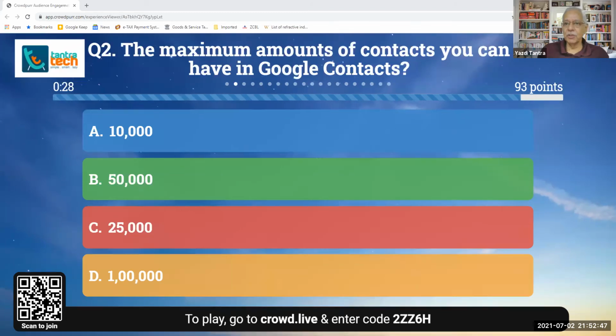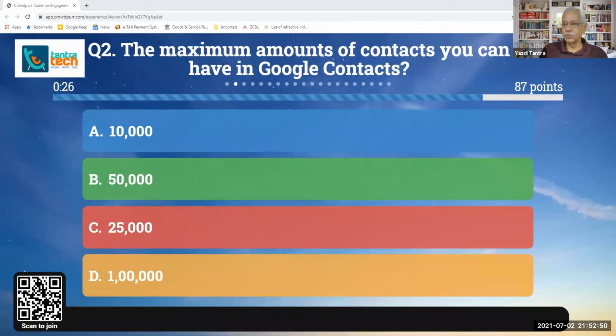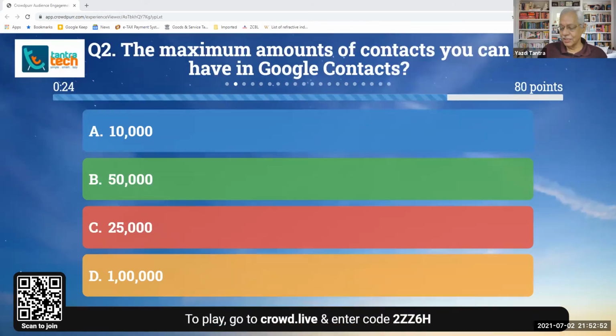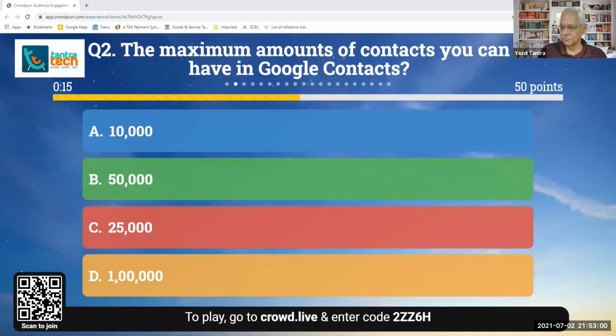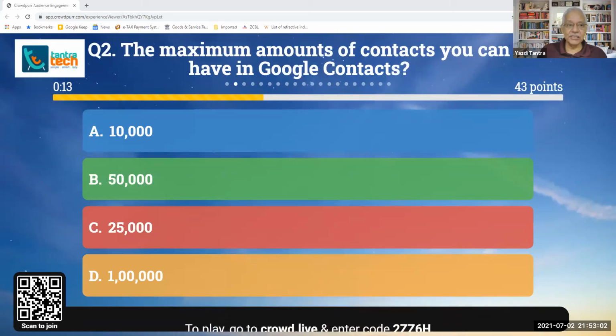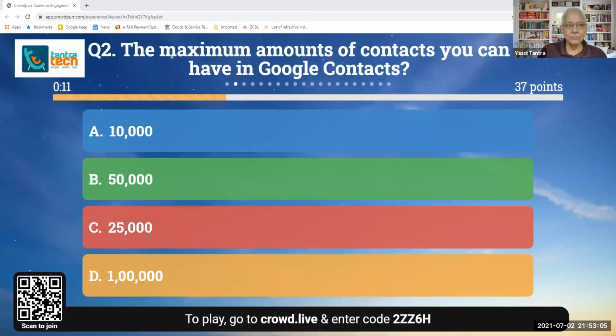The maximum amounts of contacts you can have in Google Contacts. This we have done in our course. So everybody who has been attending should know how many contacts can you have in Google Contacts. Maximum. Is it 10? Is it 20? Is it 50?